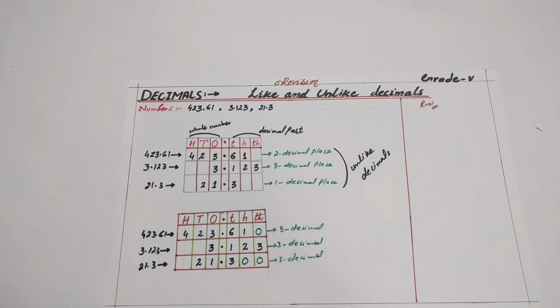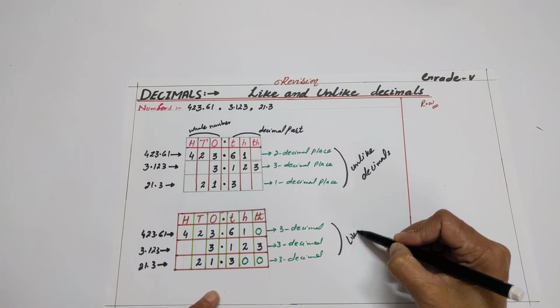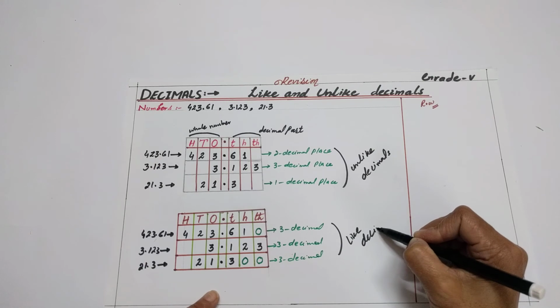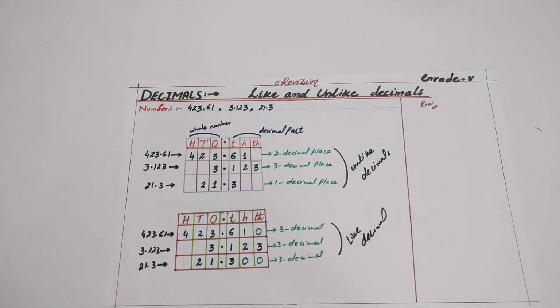Now these numbers are like decimals. Why are these numbers called like decimals? Because the decimal places are the same: 1 2 3, 1 2 3, 1 2 3. Because the decimal places on the right side of the decimal point are the same, these are called like